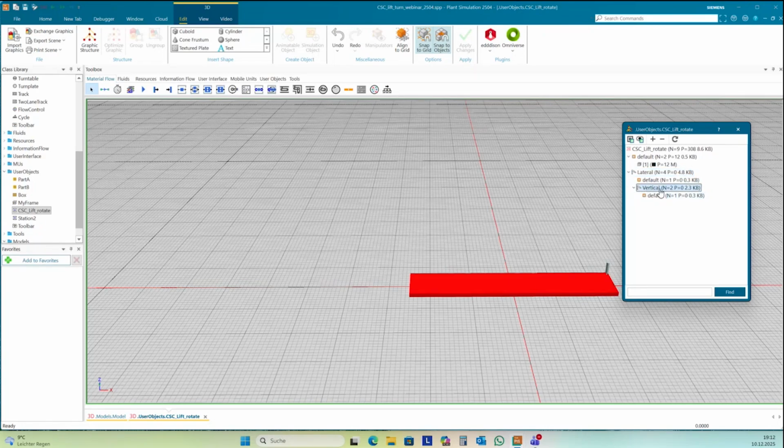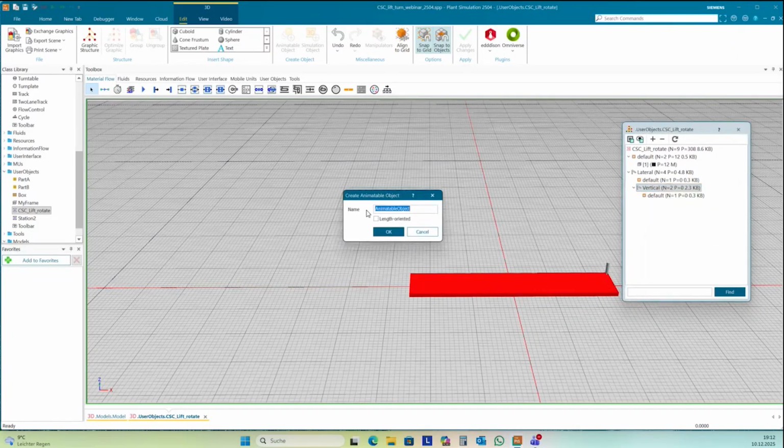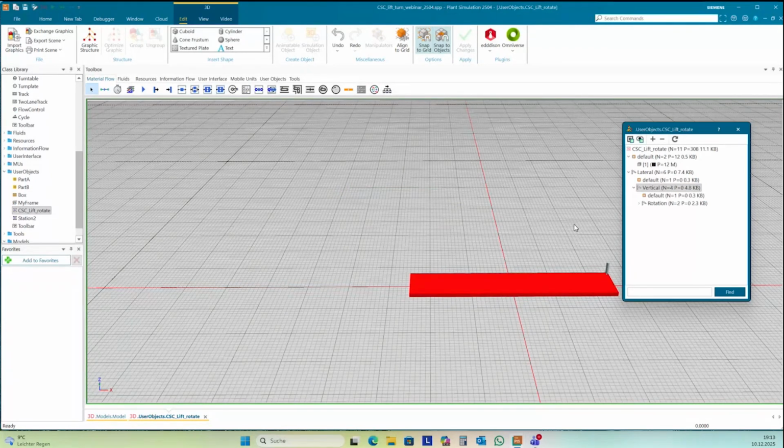And from this vertical, I need one animatable object for rotation. And so I create a third animatable object for rotation. This structure is very important to be able to follow the rotation while it's moving lateral.